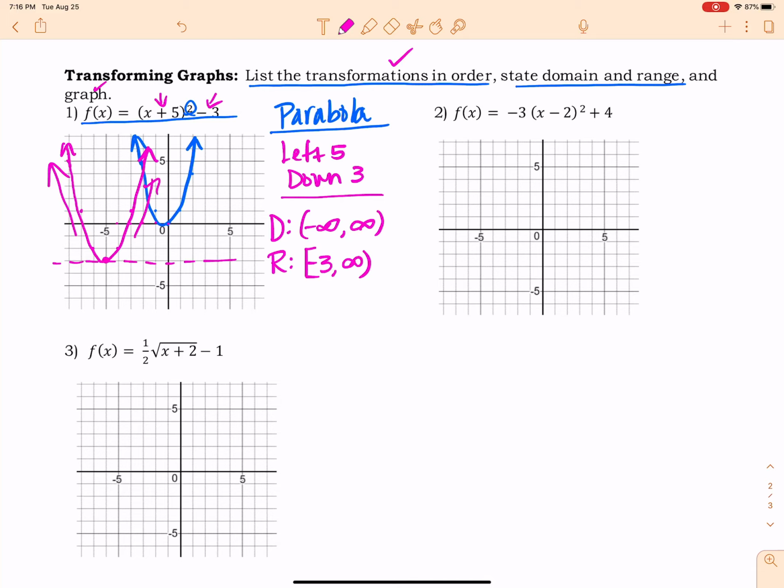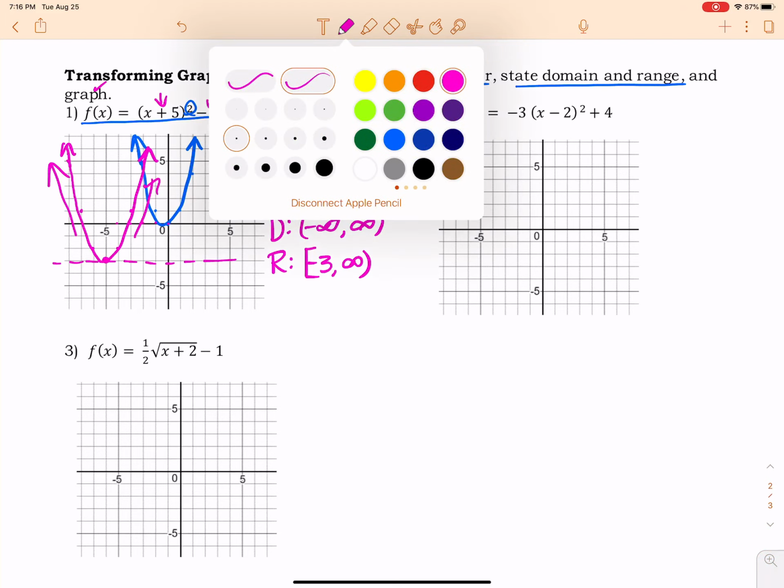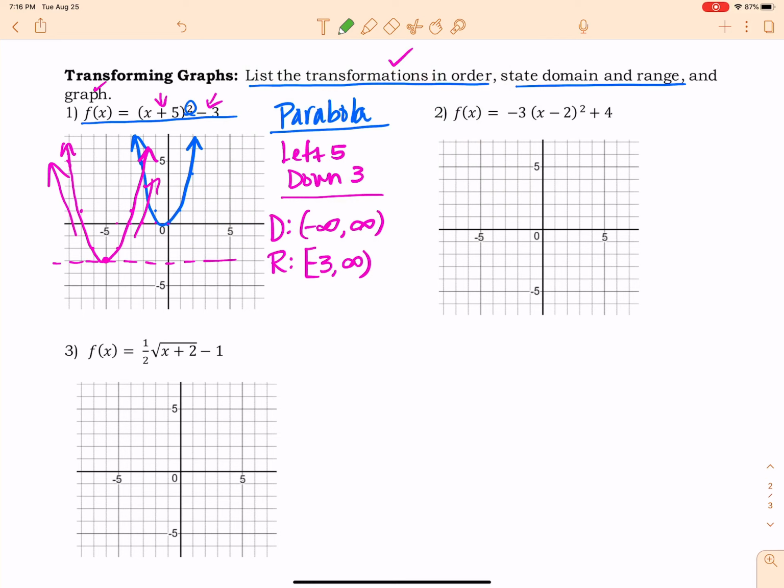All right, so let's look at our next problem. So let's use another color just for funsies. All right, so again, this is a parabola because it's squared right there. So what are our transformations? Well, I've got a transformation of right